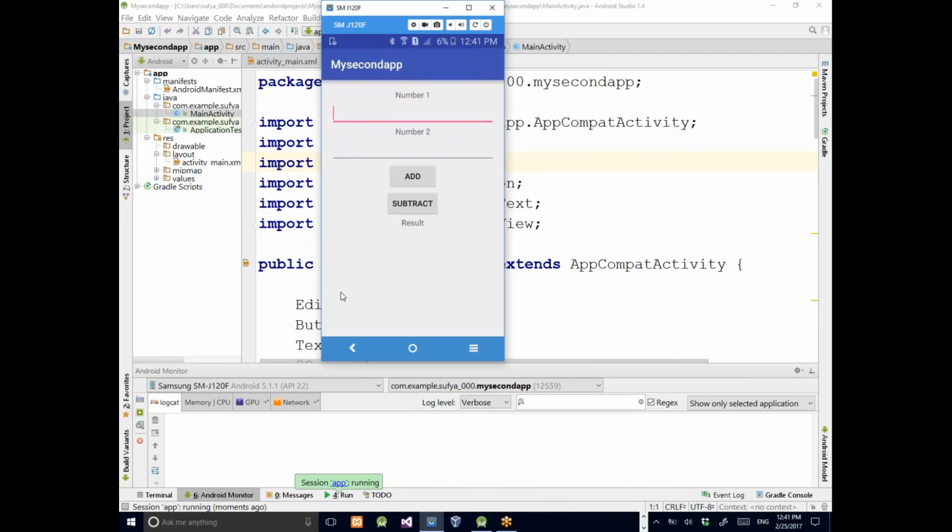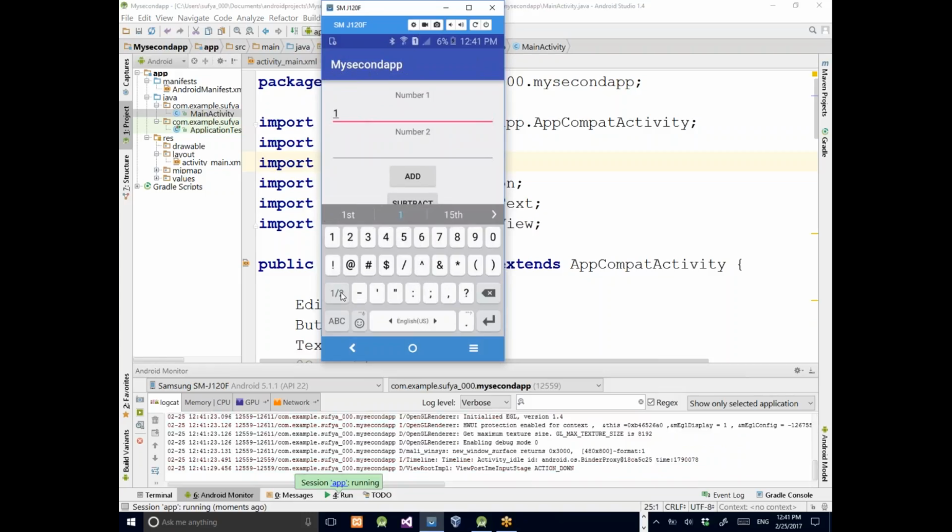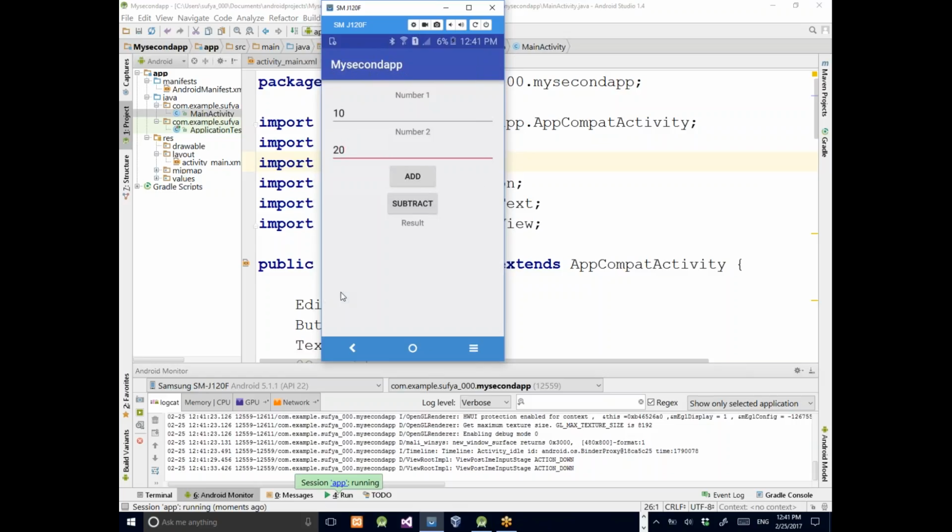Here is the app. Now I'm running the app on the real phone. So what I'll do is I will just enter two numbers from the phone, and I'm just going to do the add option and the subtract option, and as you see, the results are being displayed correctly. And this was the intention of this short video,